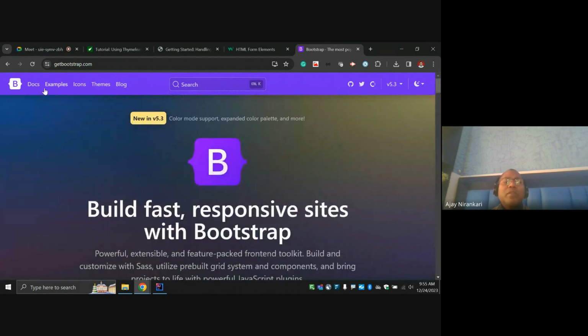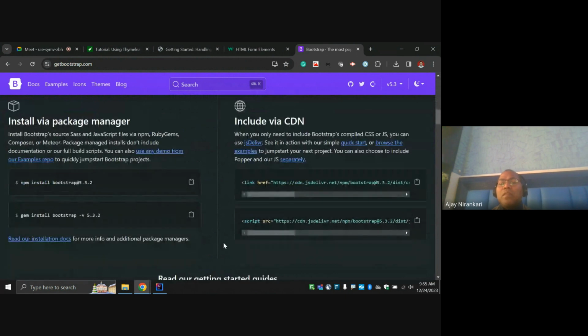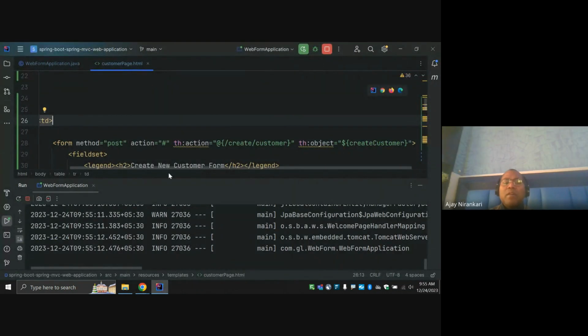Go to this. This is the option now. Just a link you can mention in the code. Include via CDN, right? Just copy this link and paste it in the HTML. I will give you an example. Okay, CDN. Yes, let's do it. Currently, I have